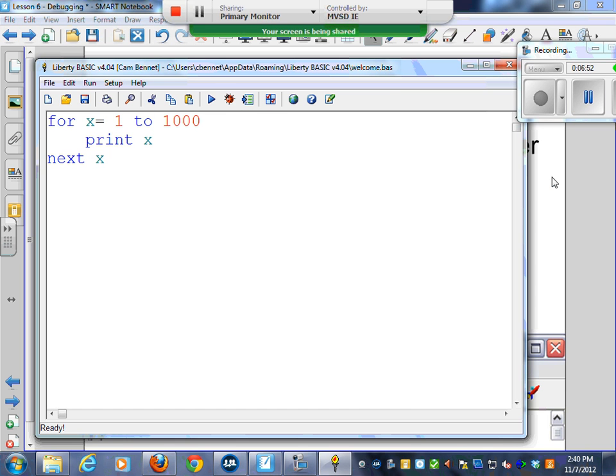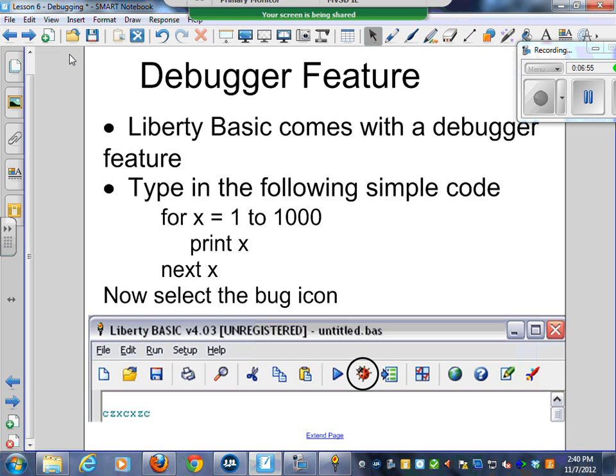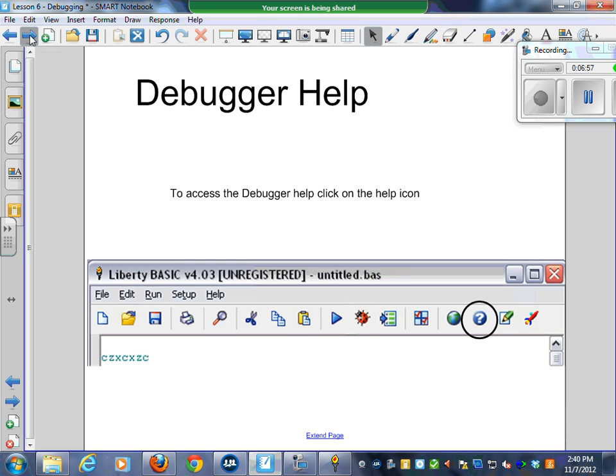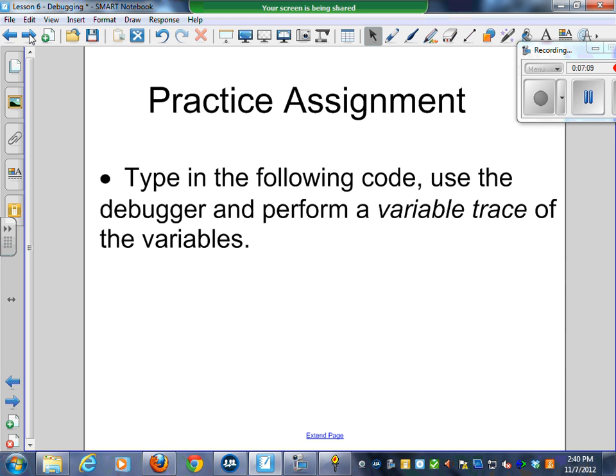Okay? So, what I would like you to do is I would like you to not type that code in. Okay? There's a single piece of paper. To close it, I want you to take that a variable trace. A variable. This is called a variable trace, and the reason that I'm saying